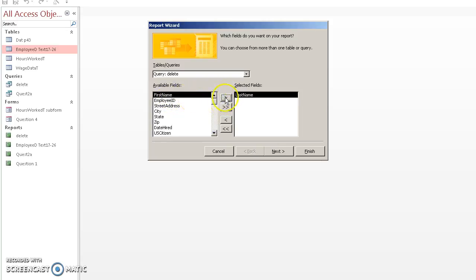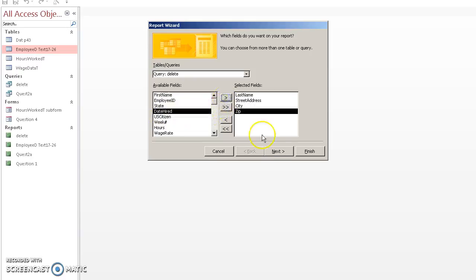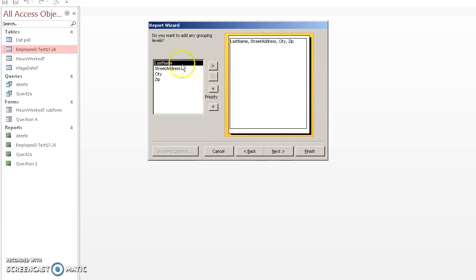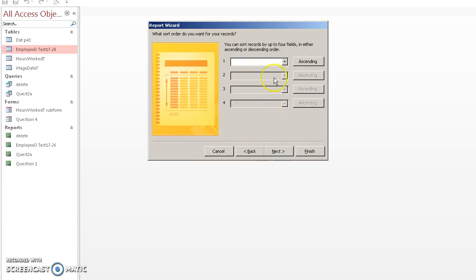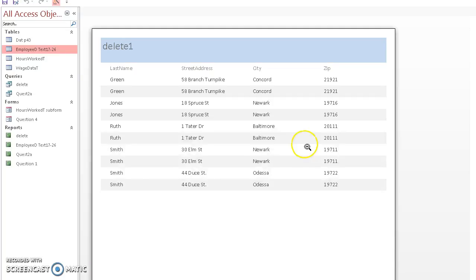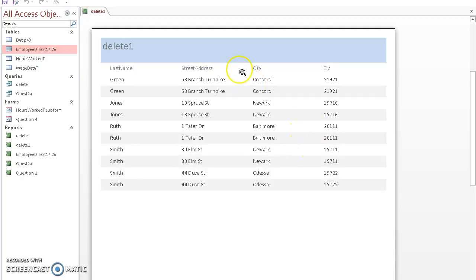However, we could just put first or last name, street address, city, and zip. And that's all we want. Yeah, go through, make sure we got the last name at the top, street address, then the city, then the zip, click finish, and there it creates our report for us. This is the print view, as you see here,